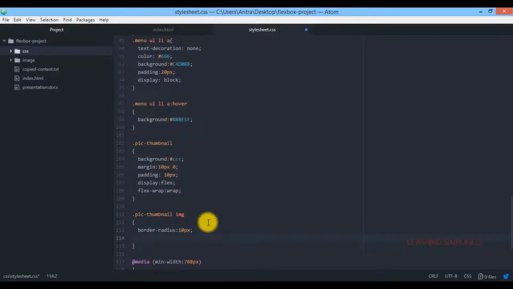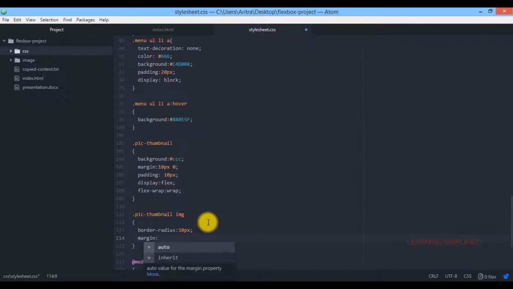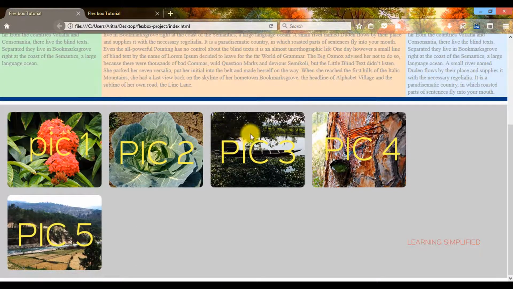If we want a particular margin between two consecutive individual images, then all we need to do is provide a margin of, say, 10 pixels. Get back to your project and reload, and you can see that the images are now leaving a constant margin of 10 pixels from each other.